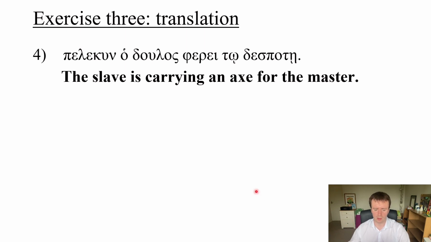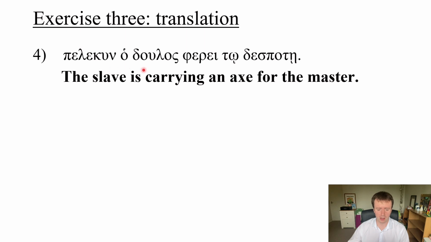We know that it means this because at the start we've got pelekyn, which is axe, but here it's in the accusative singular, which we know from the ending un. Because there's no definite article, we would just say an axe, and we know that the axe must be the direct object since it's in the accusative. But we wouldn't say the axe, we would say an axe because of the lack of definite article, as I've already mentioned. So we've got an axe, and then we've got chodoulos, which is the slave,